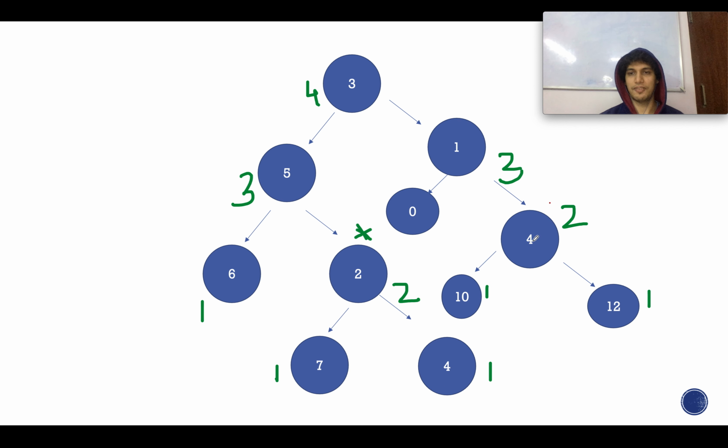Let's take another example. Here I have extended the right subtree. I've added a few more branches to the similar example, and let's identify the path of maximum depth. The path of maximum depth is something like this and this. Which is the lowest common ancestor of the maximum depth nodes? You see that this is one subtree where the maximum depth is reached, and this is another subtree where maximum depth is reached. The lowest common ancestor would be the root in this case.